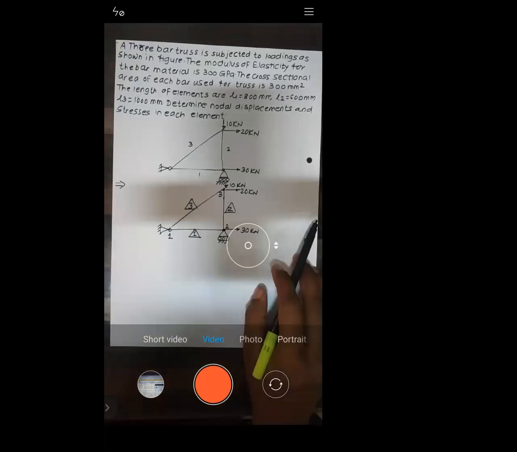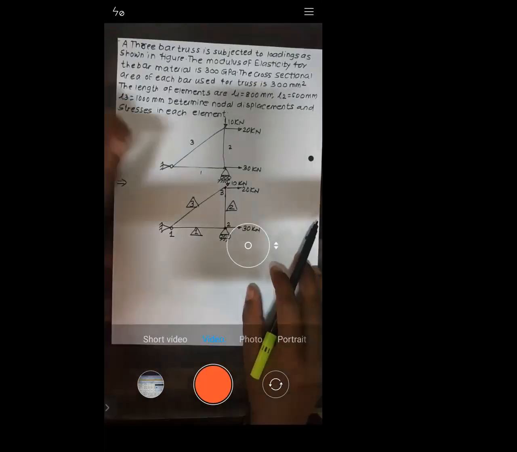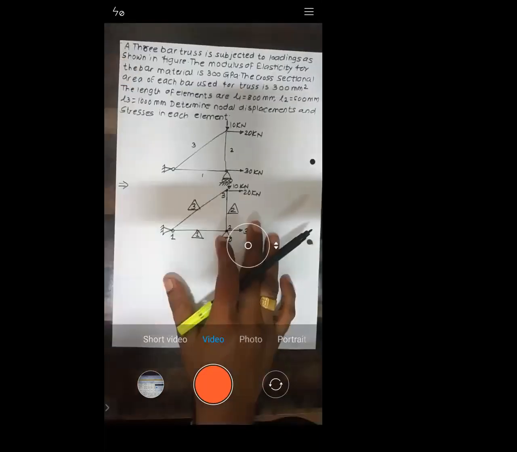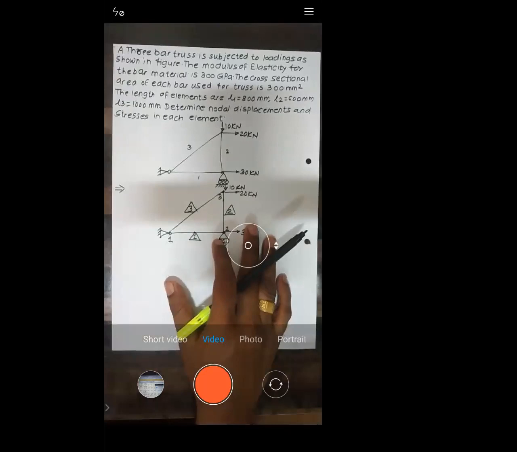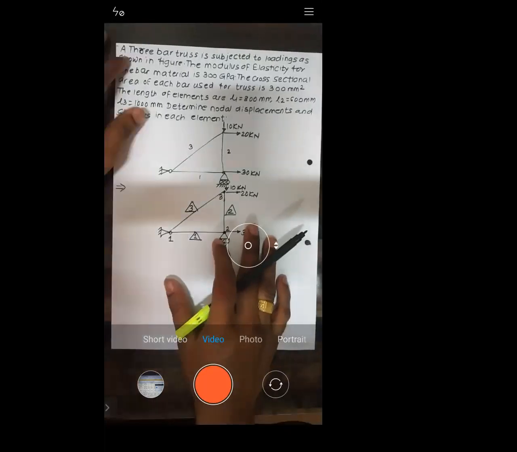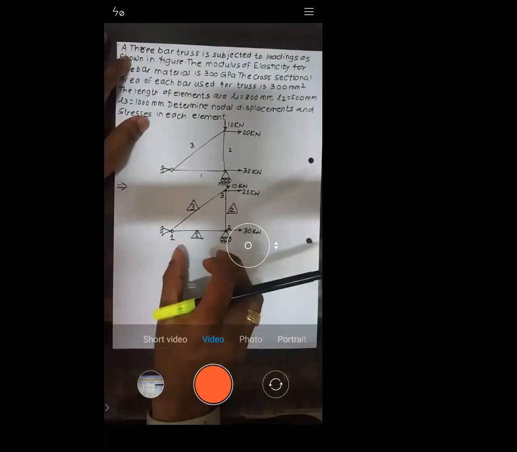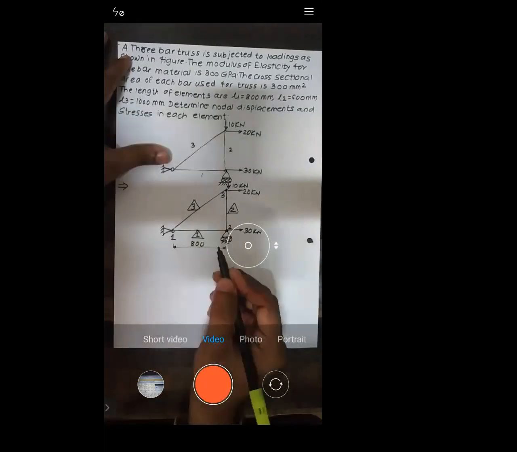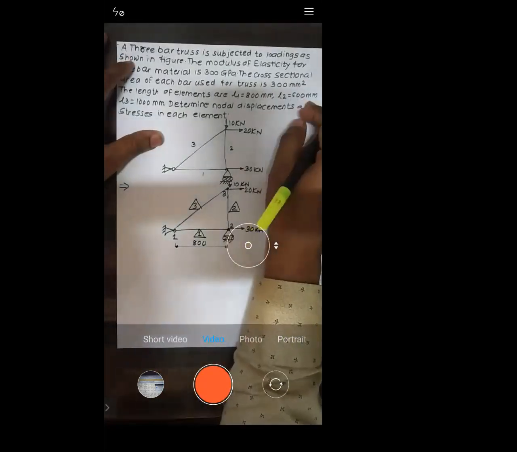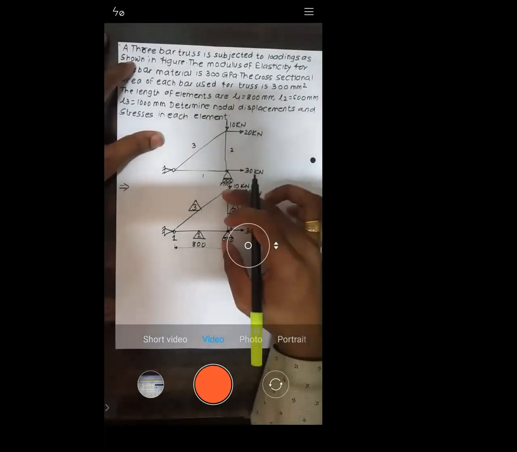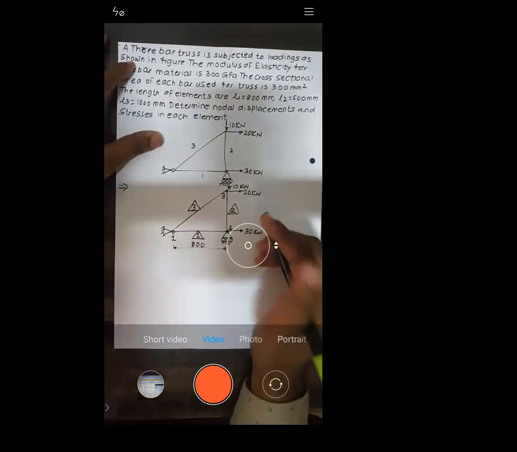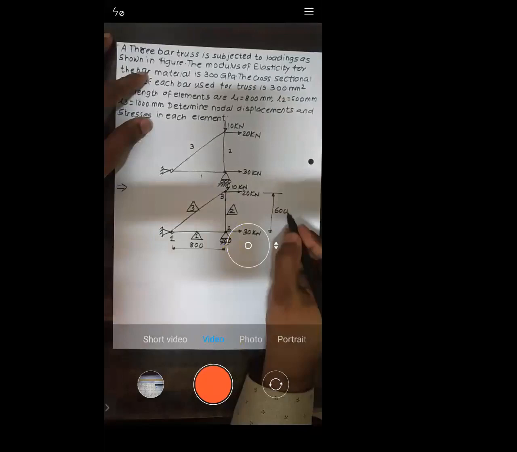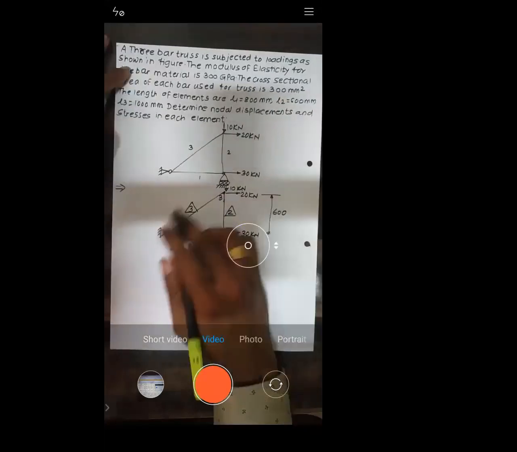And you need to give the coordinates to every node. I'll do that. Now here they have given this length. This length is 800, which is given in the problem. Length of element number 2 is this length, which they have given. It is 600. And the length of element number 3 is again given this length.